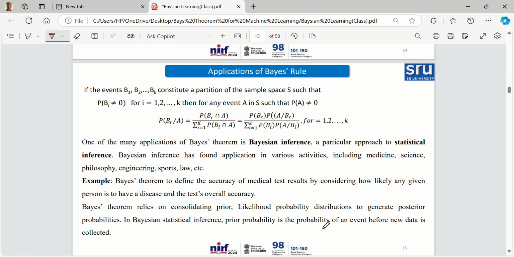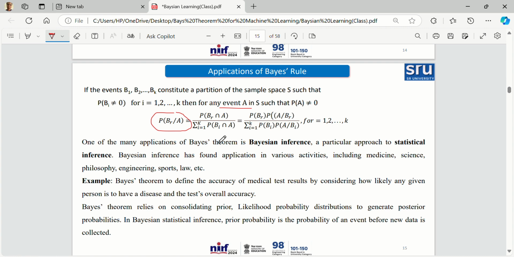Now what is the application? Already I told that for every symptom there is a cause. Now if the events B1, B2, ..., Bk constitute a partition of the sample space S such that probability of Bi is not equal to 0 for i equal to 1 to k, and for any event A in S such that probability of A is not equal to 0, then probability of Br given A is equal to probability of Br intersection A